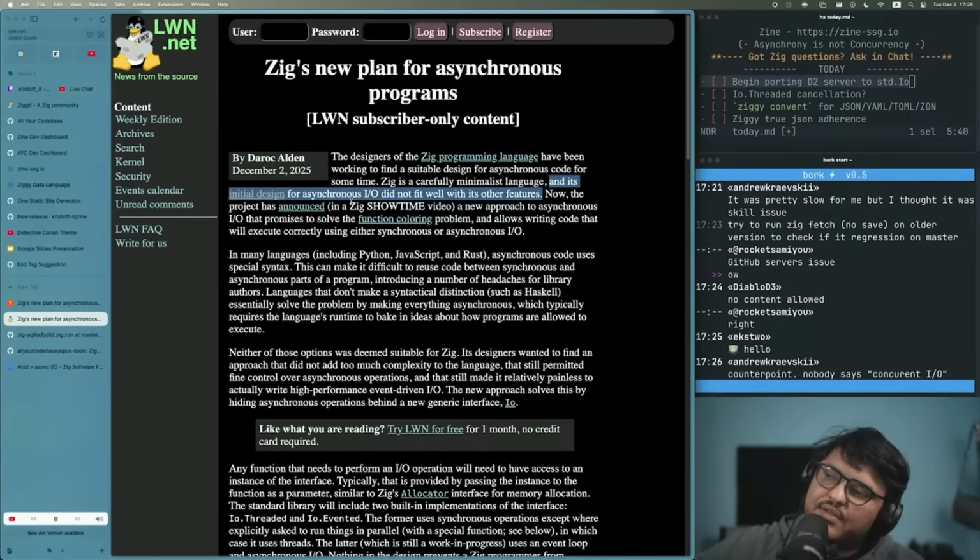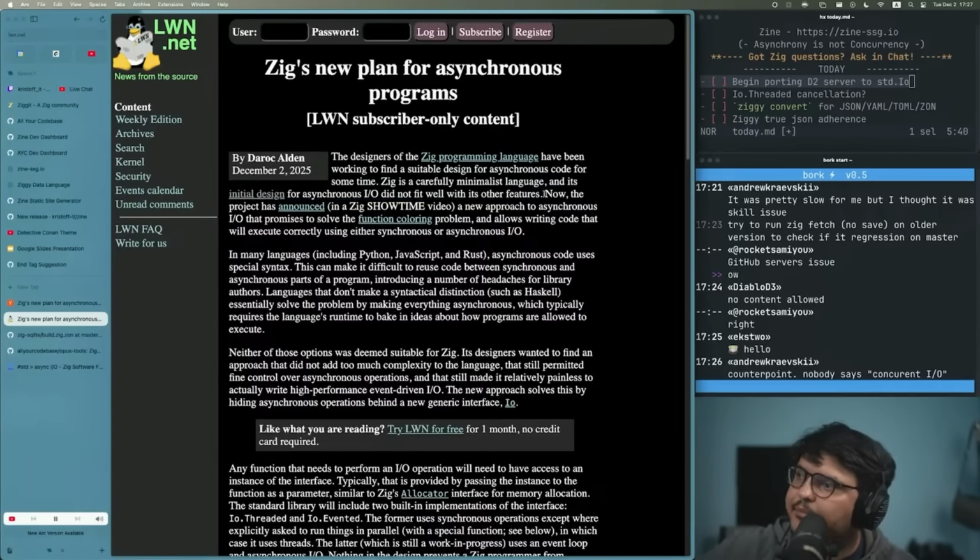I would say that this sentence is slightly imprecise because there wasn't anything particularly wrong with the old async design, as in, well, it had the problem that it was conflating asynchrony and concurrency. So that was definitely a problem. But at the time, we didn't even know that you could make this distinction. Anyway, but fair. Now the project has announced in a Zig Showtime video a new approach to asynchronous I/O that